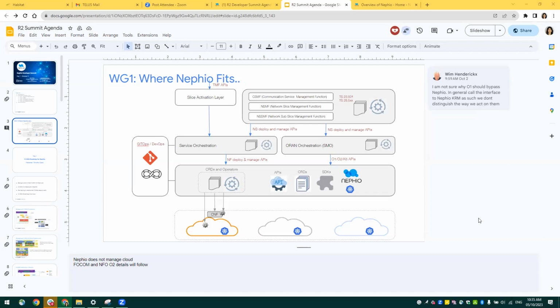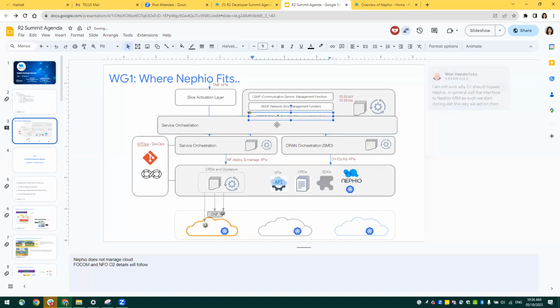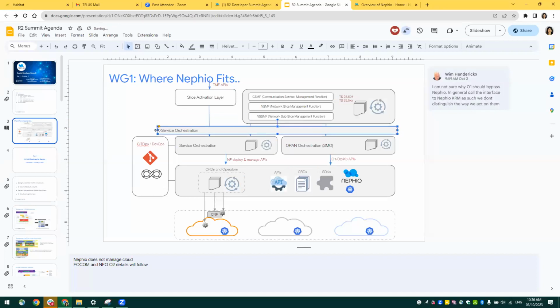Correct. I would make one layer in the middle, service orchestration across the board, and then have a blob for ORAN, a blob for core, and so on. Towards Tal's point, it's the same as what Tal was saying in the Nephio space: Nephio is not going to manage everything. Nephio will call out to a managed service provider from Google or AWS or whatever, and they will do the actual work. Nephio might be the one that triggers it, but it's not doing the actual work. It's the same.